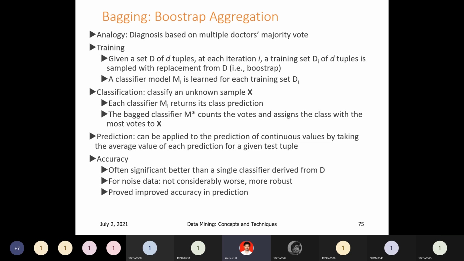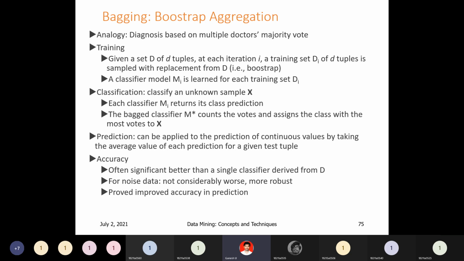In bagging, we count how many models are saying 1, 2, 3, 4 belongs to class 1. If one model says it belongs to class 1, and the other three models say it belongs to class 2, the result will be class 2. Why? Because the highest number of models, the majority, decides the final result. That is the bagging technique.